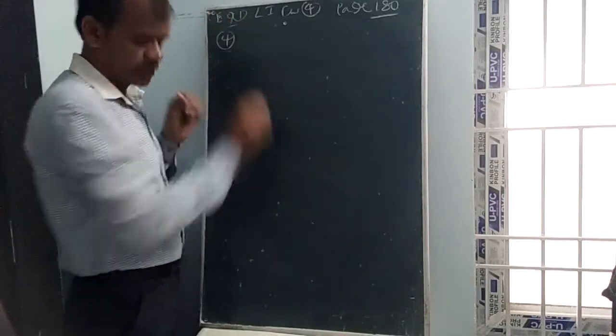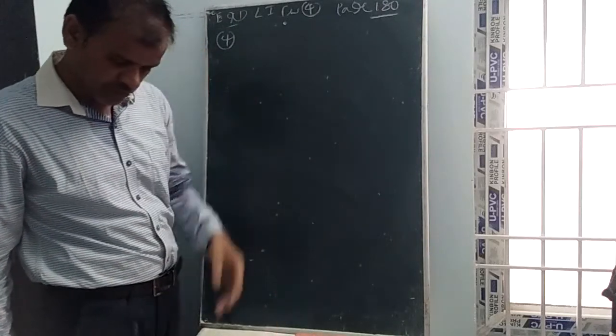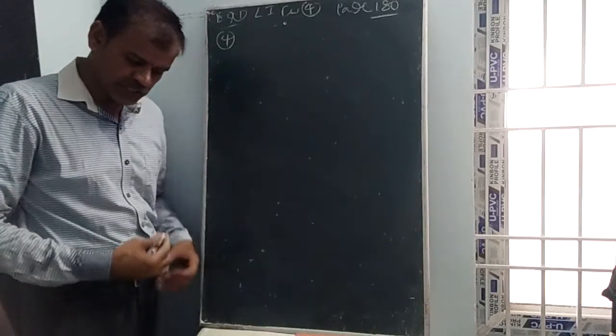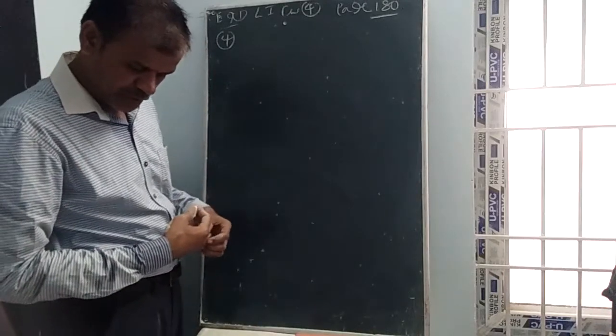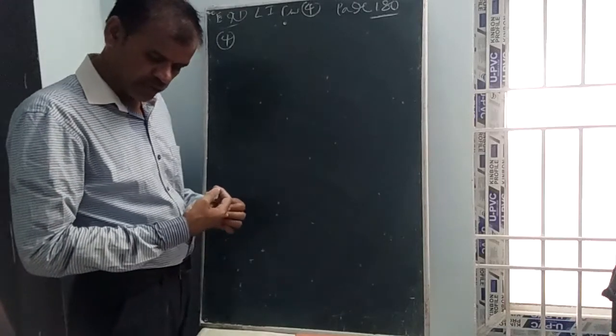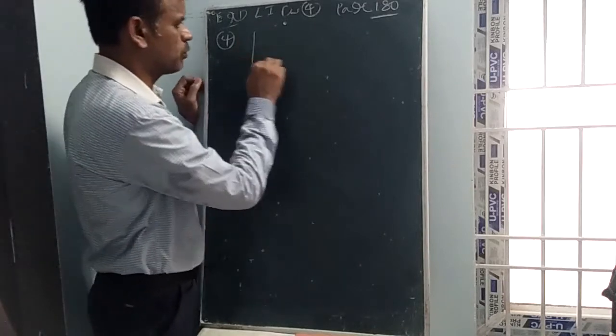Fourth question of level 1. From the top of a building, the angle of elevation of an electric pole from a point A on the ground is 60, and from a point B towards the pole, on the line joining the foot of the pole and the point A, is 75. The distance AB is equal to a. What is the height of the pole?